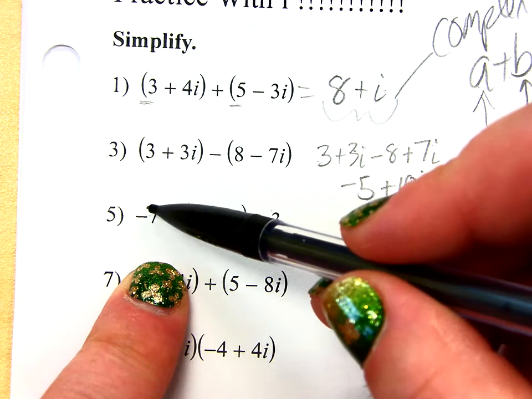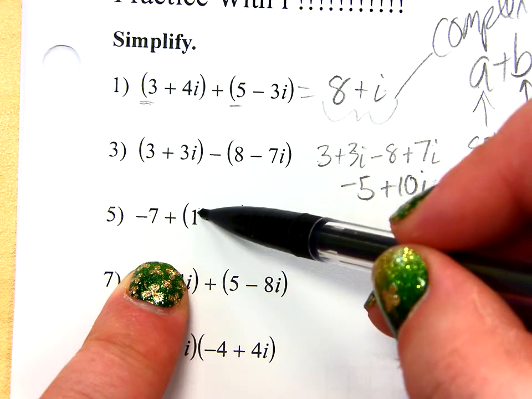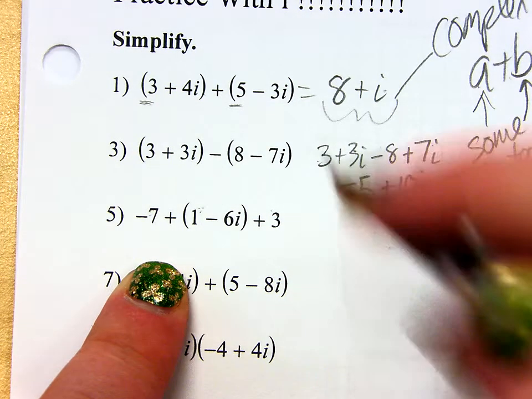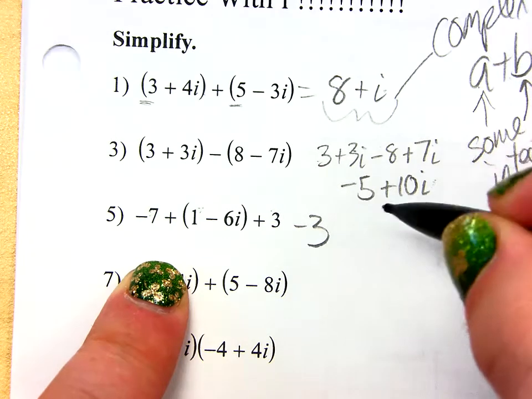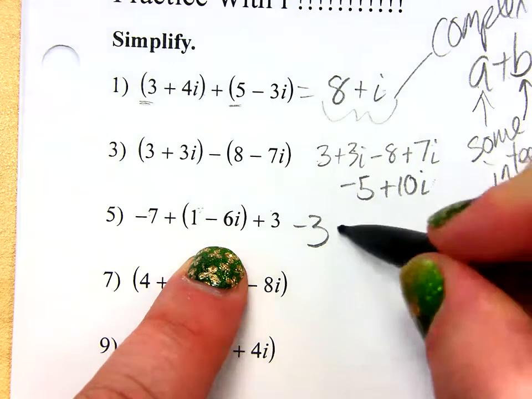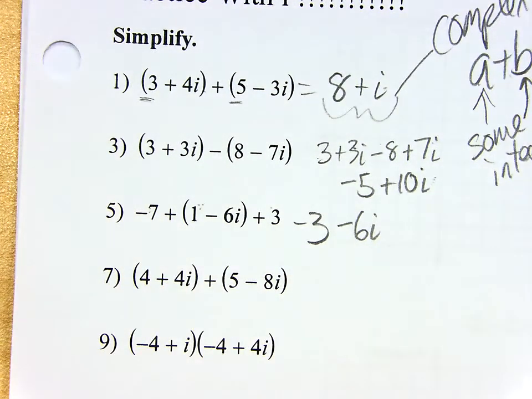I agree, right? -7 plus 1 is -6, -6 and 3, -3. And then, there's no other i, so I just have -6i. Is this that bad? No, because i's operate the same way like any other